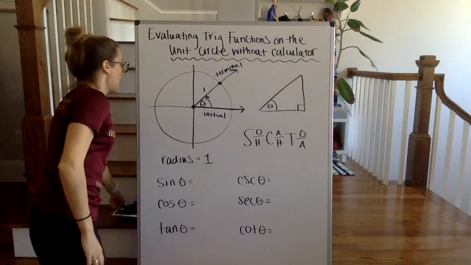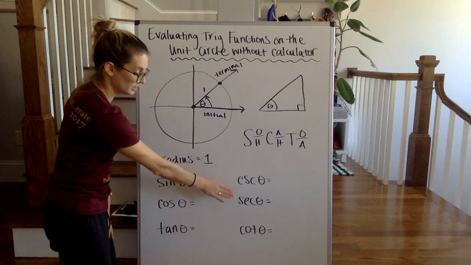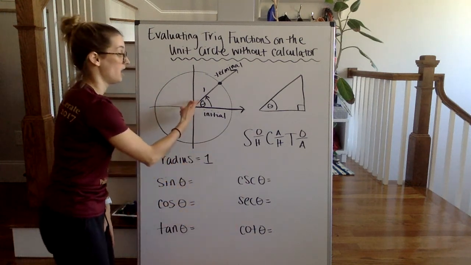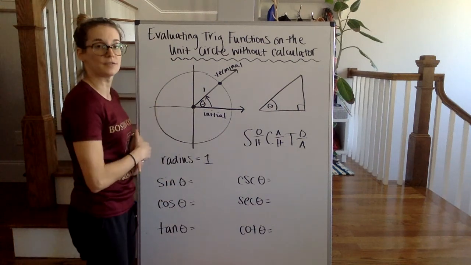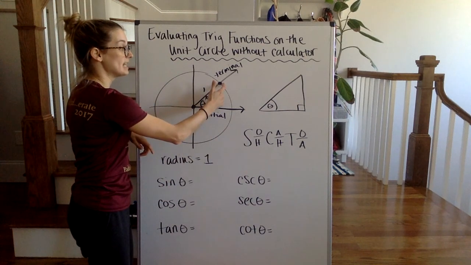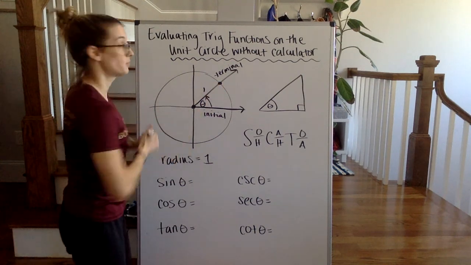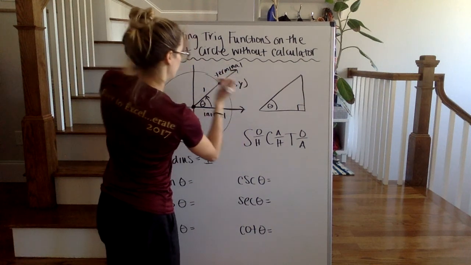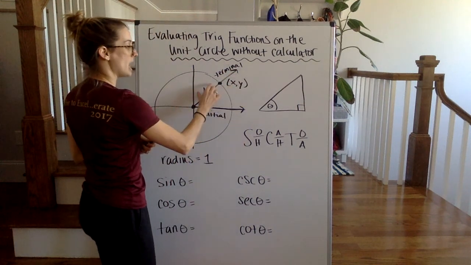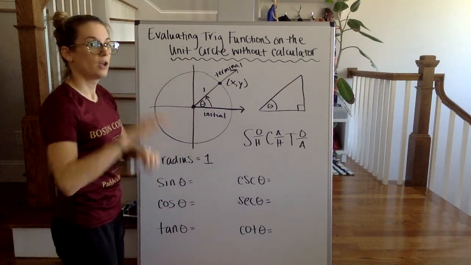So I can actually figure out the sine, cosine, tangent, cosecant, secant, and cotangent of that angle if I know the radius of the circle and the coordinates of this point here. If I can figure out the coordinates of this point, the xy coordinates, knowing x, knowing y, and knowing the radius will actually let me evaluate all of these things. All right, so